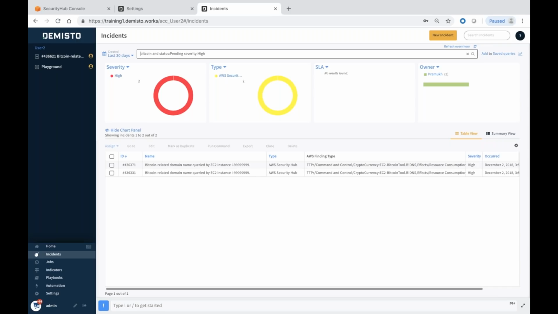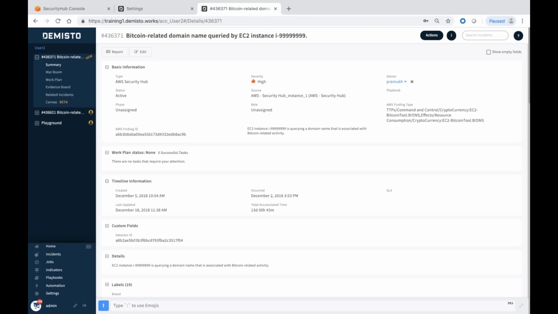And Demisto makes it really easy for you to search and filter across the information. So I have made Bitcoin one of the key search words here, and I have set the status of these incidents to pending and with high severity. So let's go ahead and take a look at how we can actively investigate in order to respond to this alert. Clicking on each of these incidents takes you to this section of the active